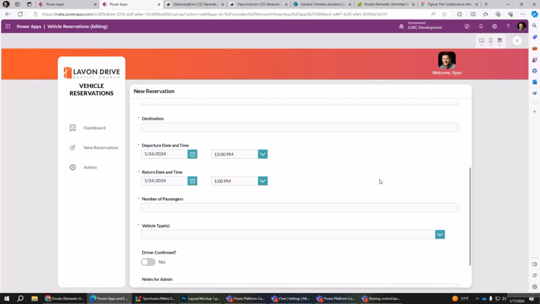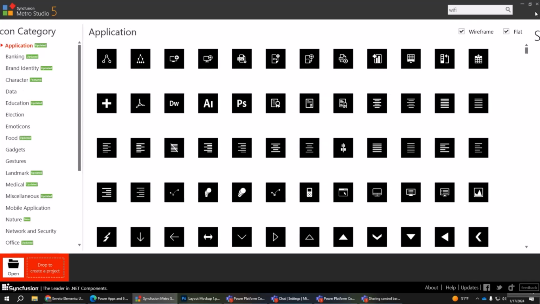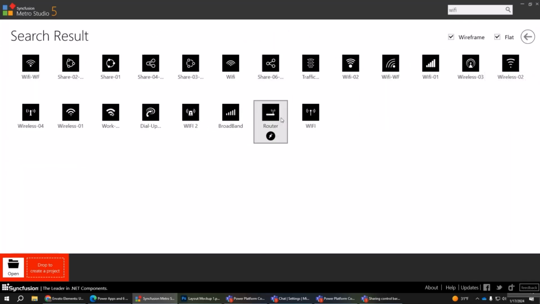Do not dismay because there are so many great resources out there to help you. Icons, for example. I don't use the out-of-the-box icons. Well, where do you get icons? Well, here's a great tool, Syncfusion Metro Studio. I just got put onto this recently. It's totally free. Over 7,000 icons, and for everything you can imagine. I'm typing in Wi-Fi, and here's all the